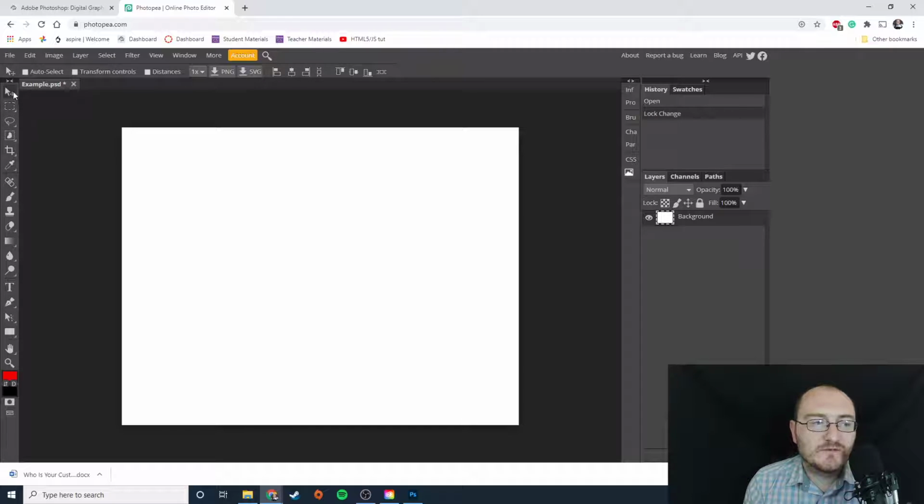So let's go through these tools specifically. This is my Move tool. Down here I have my Select tool, or my Rectangle Select. If I click and hold, I can see that I have Rectangle Select and Ellipse Select. So some of your tool options are going to be hidden behind a click and hold, and you can see which tools have those hidden options by looking at this little arrow